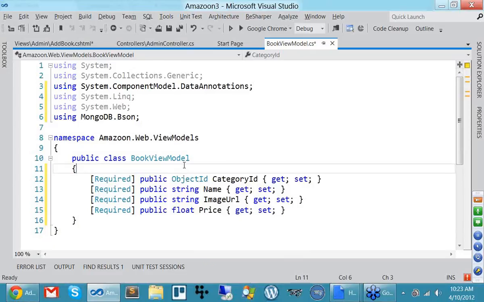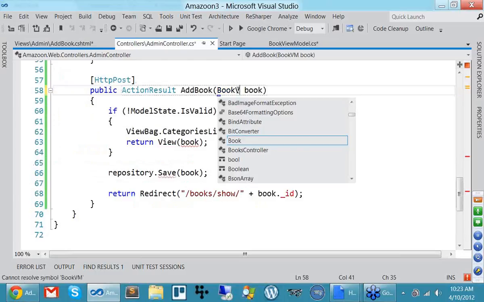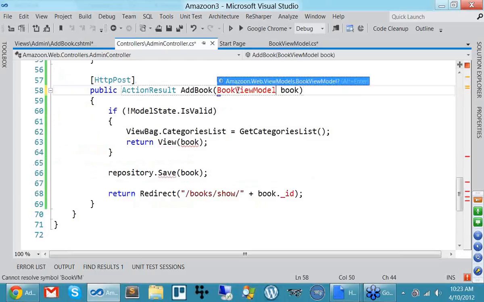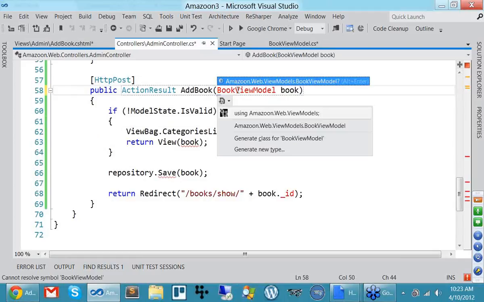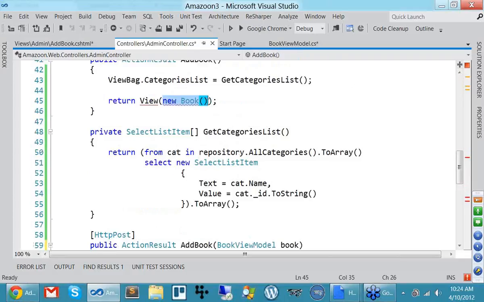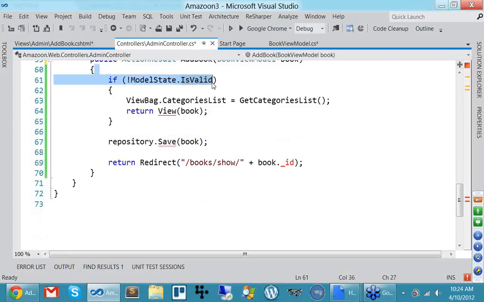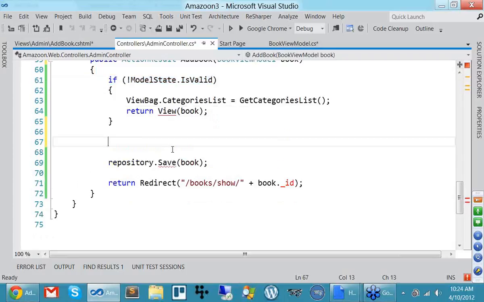So just making this simple change here and going over to our controller and saying this takes a book view model, like so. Import that namespace over here, and in this one, let's just leave that alone. Okay. So over here, in our post it takes a book view model, and now because of those attributes, this model state is going to start doing its magic. Okay. And of course, we can't save book view models because they're not supported there. So I'll say book